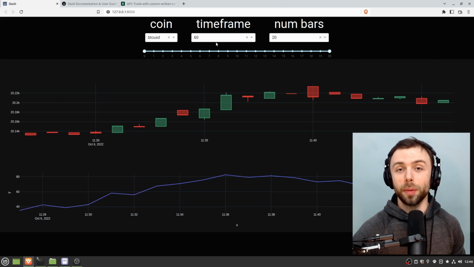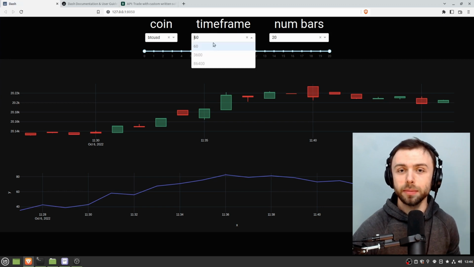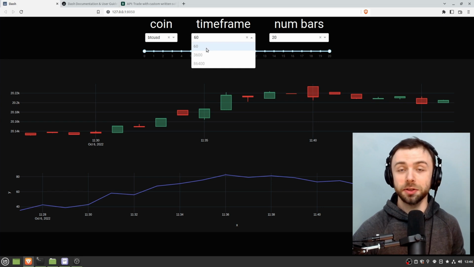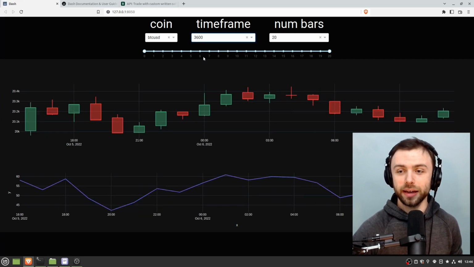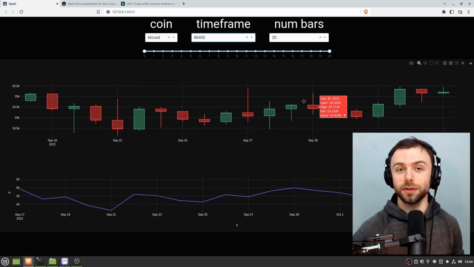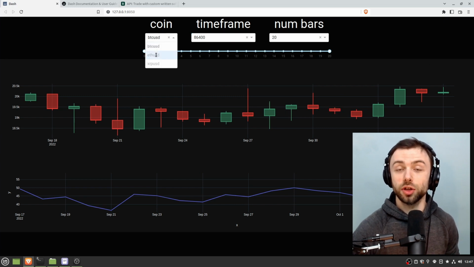We can select from a variety of different timeframes. I've programmed in 3 here, so you can have this as minutely data, so 60 seconds, hourly data, 3,600 seconds, or even daily candles, although obviously these aren't going to move very much as we're requesting updated price data once every second or two. We can also very easily change the pair that we're looking at, so from BTC to